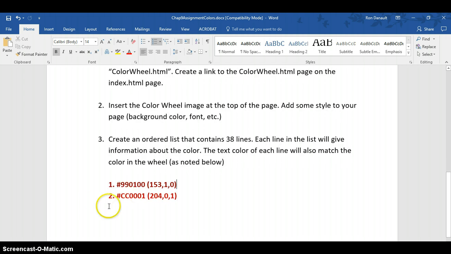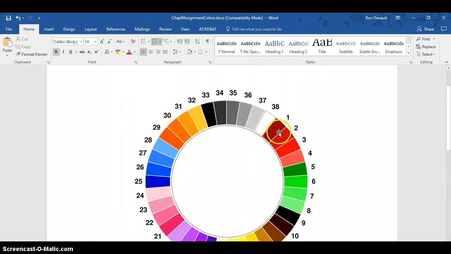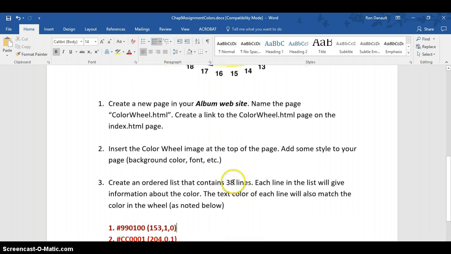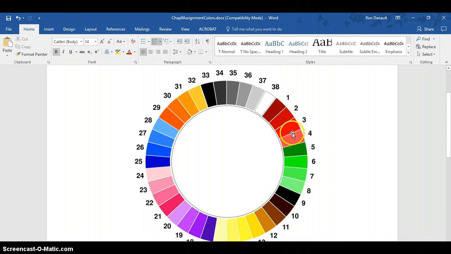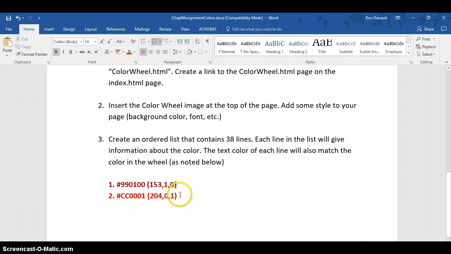But here's the first 2 lines of the 38 lines. And these colors represent the color of number 1 and number 2. And notice how the font color is also the same as these colors. So line number 3 will look like this, line number 4 will look like this, and so on. Not hard to do. Now, what I did is I actually opened that color wheel inside GIMP and Photoshop,